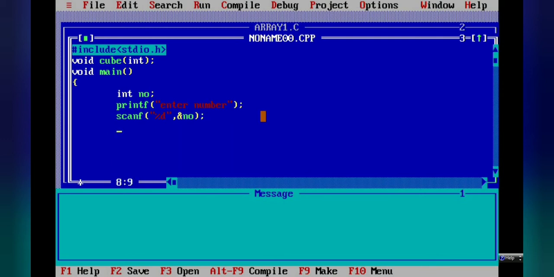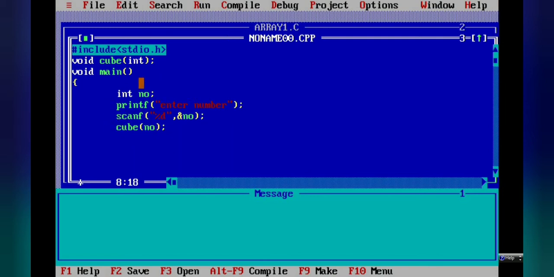So now we will use this function. What is the name? cube. And here we have to pass the parameter, that is the same number variable we have used. Whatever variable you have defined here, we pass it as a parameter when we are calling our function. So this statement is known as a function call.